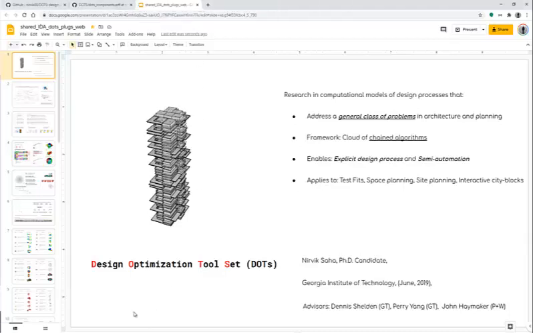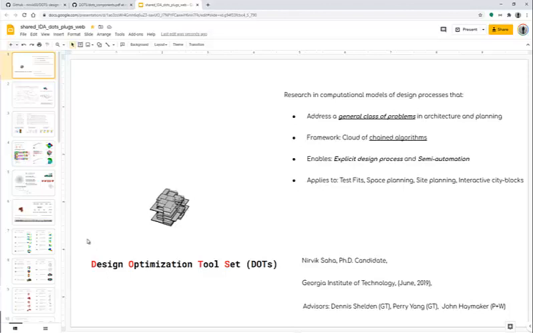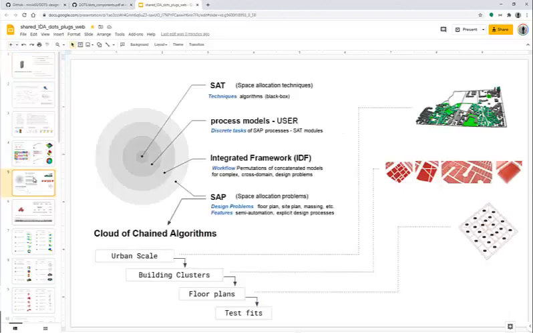Hello everyone, I'm Nirvik and I want to share my design optimization toolset, or DOTS, that I built for my PhD in architecture and urban design at Georgia Institute of Technology. What this toolset does is it bundles a whole bunch of geometric functions and optimization algorithms so that designers can directly use it to generate various kinds of urban design schemes, building floor plans, massing properties,